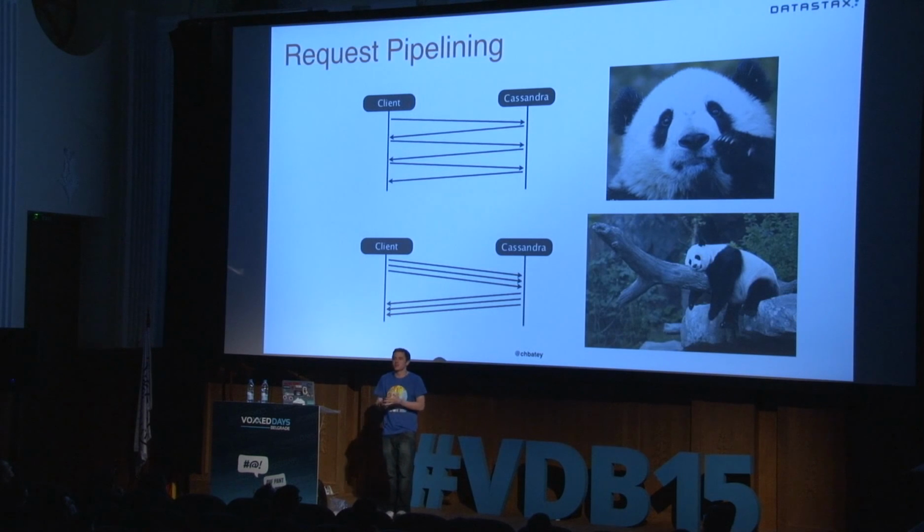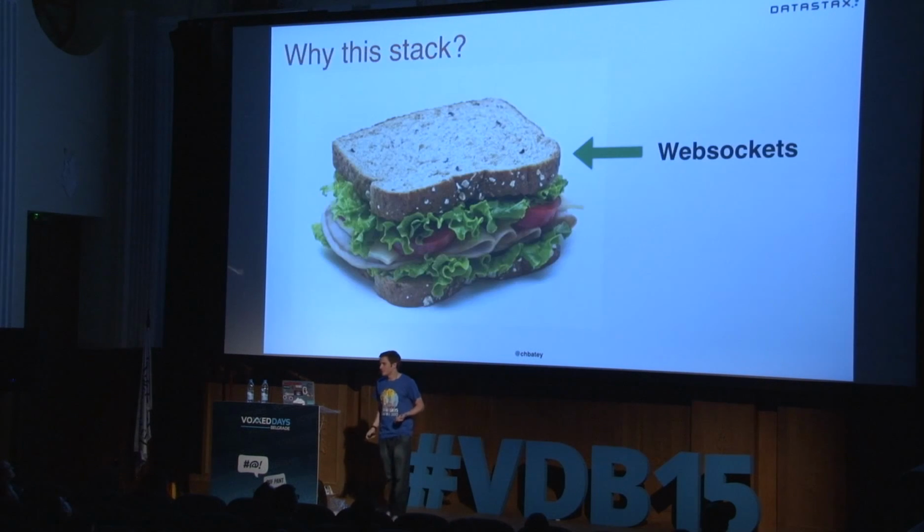We're not actually utilizing it. We're limiting ourselves to however many threads we have inside our application for concurrent requests. So if we're going to build an application which has something like WebSockets on the top and Cassandra on the bottom, we need to make sure we're not being the lazy panda, but the happy panda, right? So let's see that in action. We're not really going to talk about WebSockets.